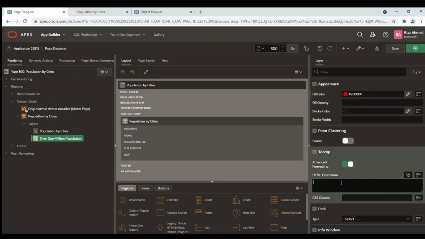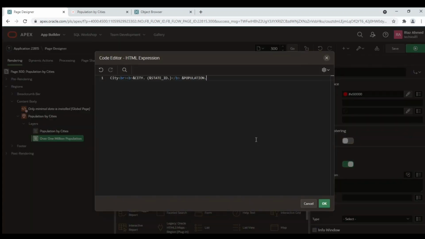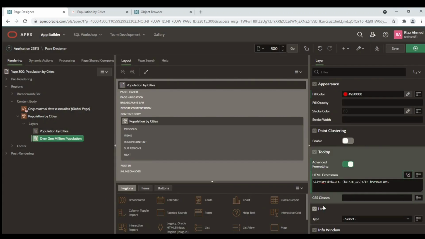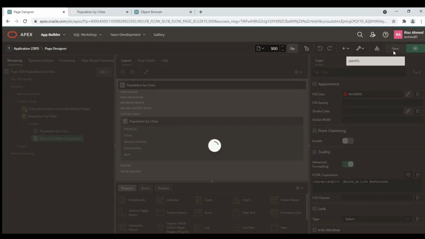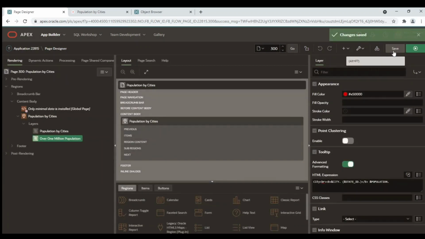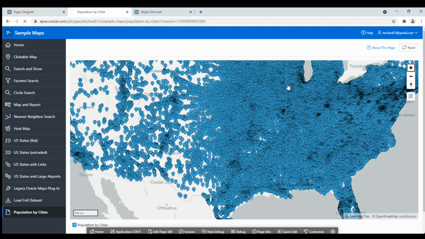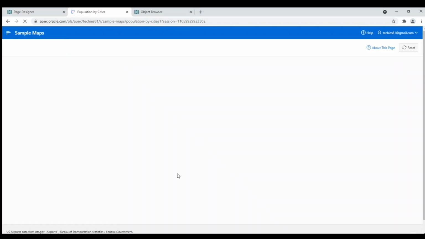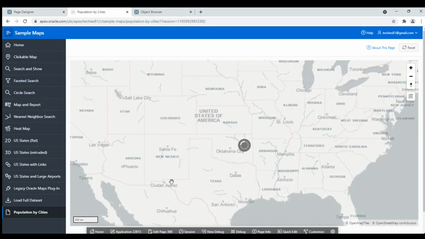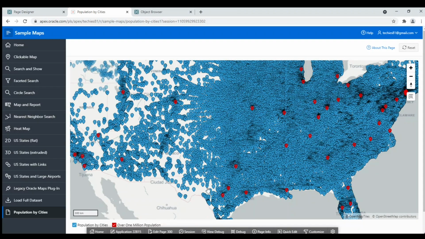Use the same HTML expression for the tooltip that you used for the previous layer. Save and run the page. The second layer you just created presents some cities in red markers whose population is greater than 1 million.